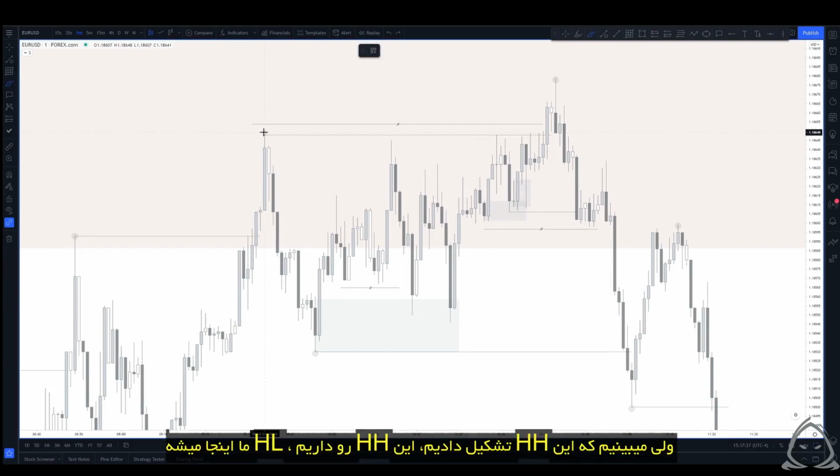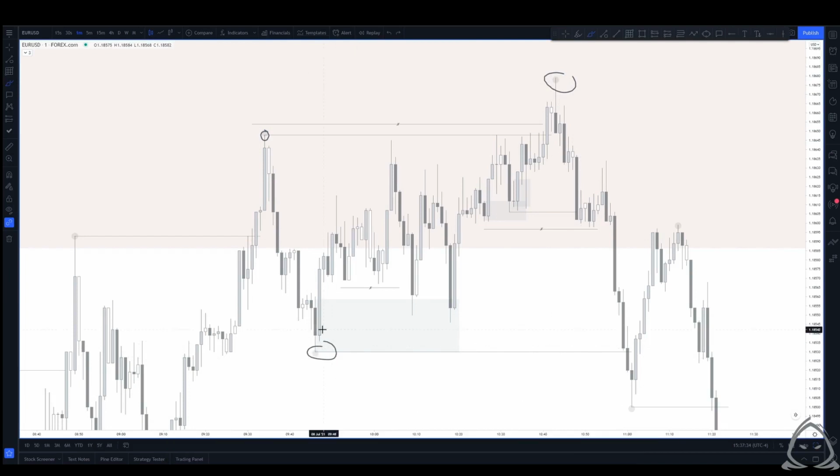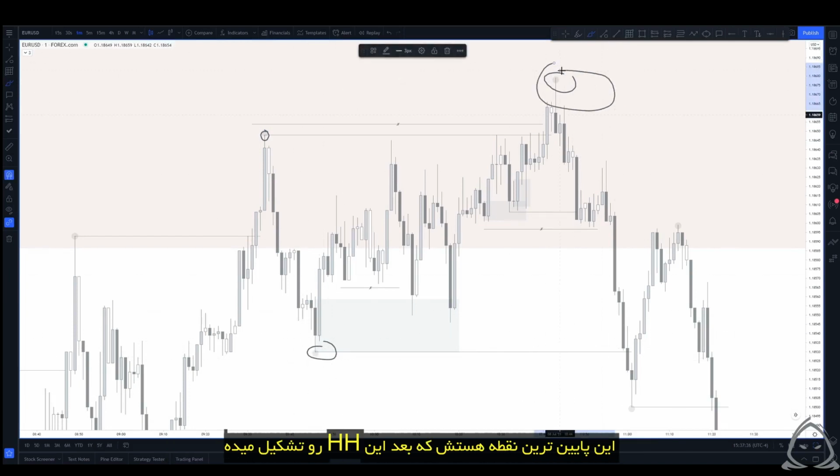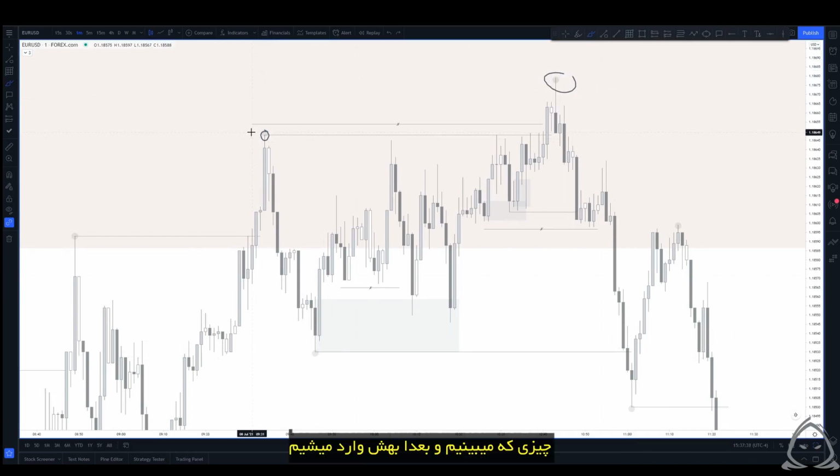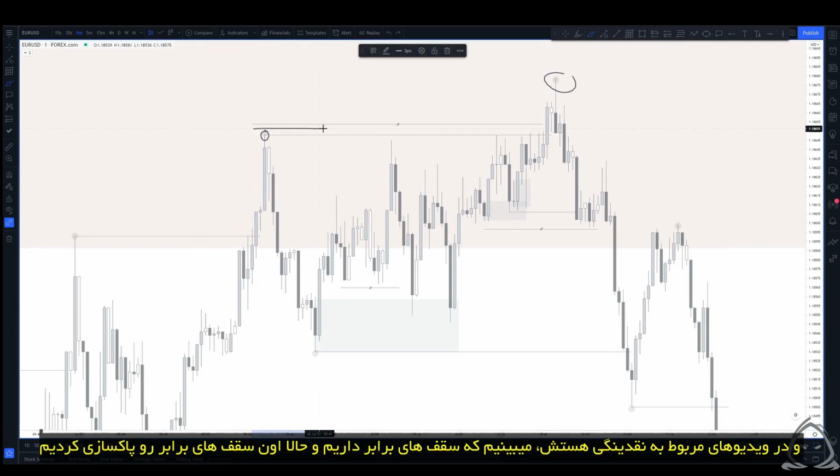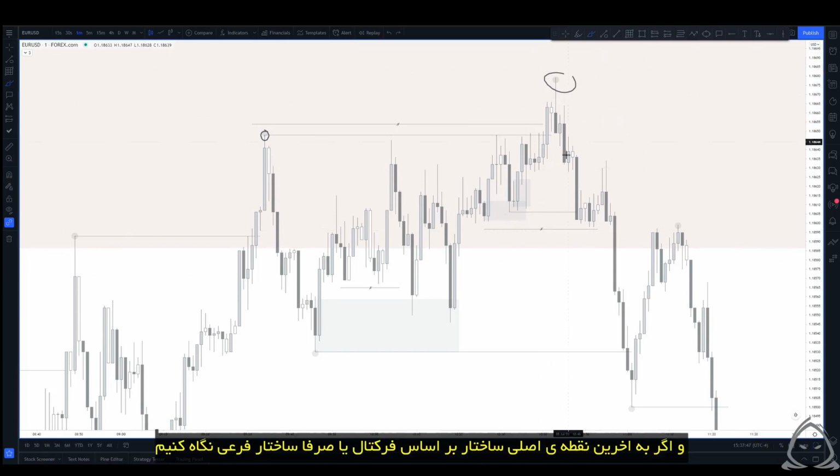But what we can see is we create this higher high, our higher low would be here. This is the lowest point that then creates this higher high being created. What we can see, and we'll touch on this later in the liquidity series, is we have equal highs, and we've now swept those equal highs. If we're looking at the last key point of structure on a more fractal time frame, or simply just substructure,